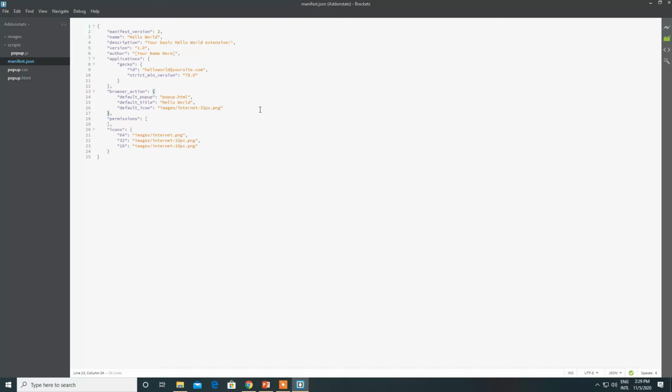Coming to the browser extension, for the default popup we have popup.html and default title as hello world, and the default icon that is already given in the images folder. Permissions I have not given as yet because this is the basic one which we are creating today to get started with, and the icons and their location are specified exactly in the manifest.json.